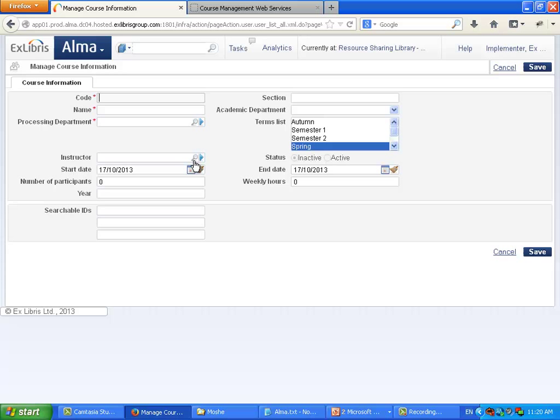The next three fields actually are very important. They have to do with the activeness of a course. There's a status which can describe the course as active or inactive. As you can see, this is a read-only field, and is automatically affected by the start date and end date, which are the fields that you assign when creating or managing